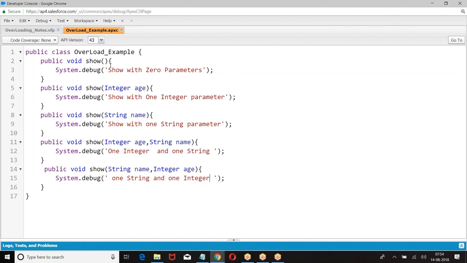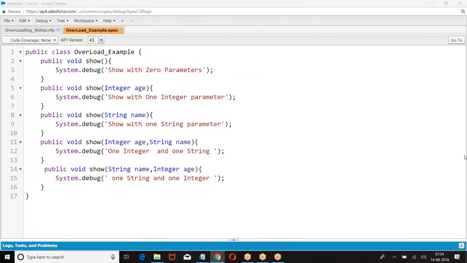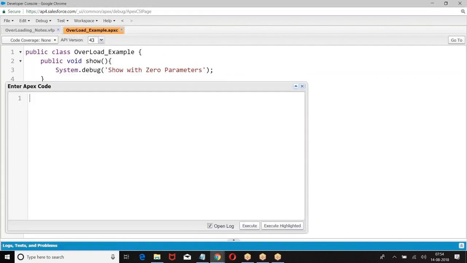Then how are we going to use it? You are supposed to understand how we are supposed to use it. If you want to invoke it, we are supposed to understand how we are invoking it. So look at this point. If I want to invoke it, let us see the execution format. Overload example.